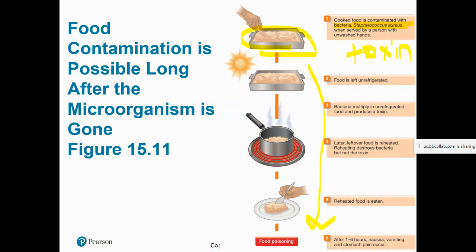So in this first schematic, you're cooking the food that was contaminated with Staph aureus. Oh, okay, sorry. This is saying cooked food gets contaminated by Staph aureus by the hand of the person serving it. Then the food gets left out. Okay, I'm sorry, I thought this was saying something else. Right, this is saying that even once you cook the food, it can still get contaminated later on.